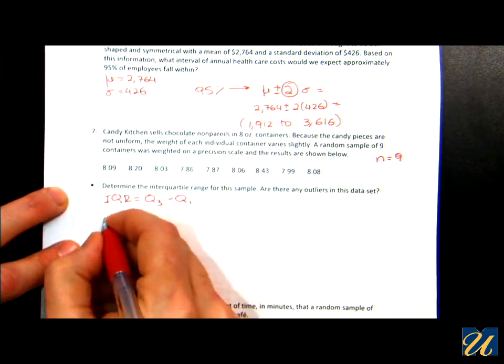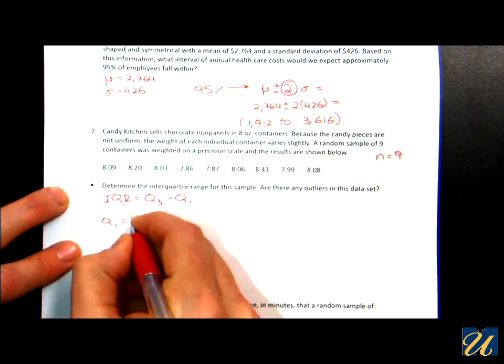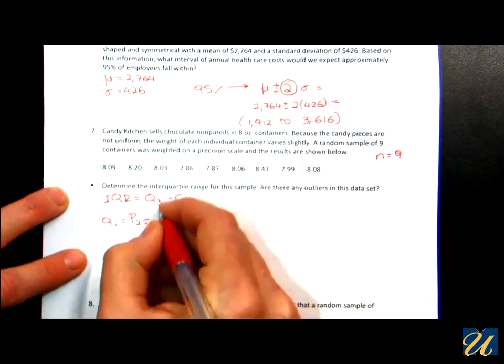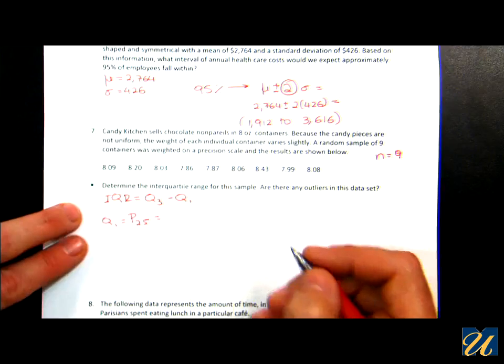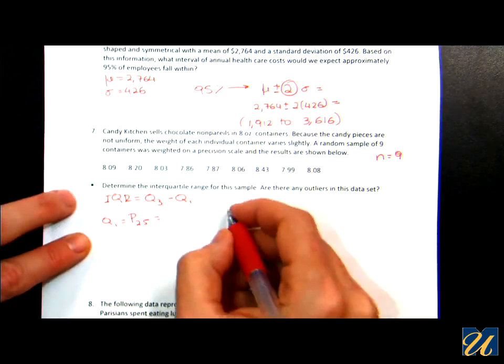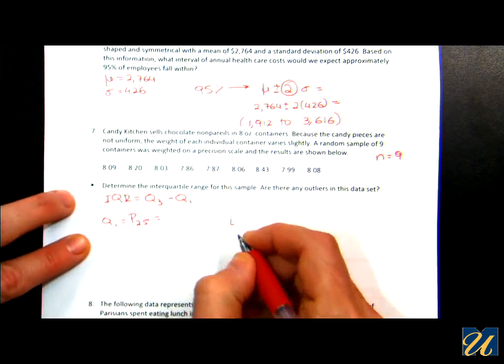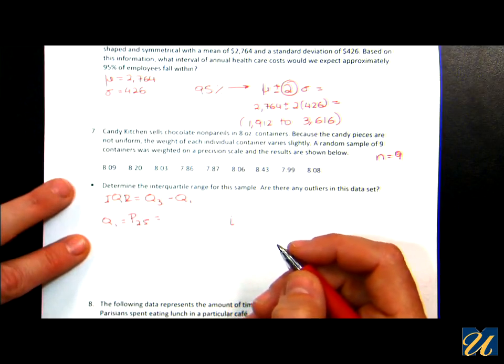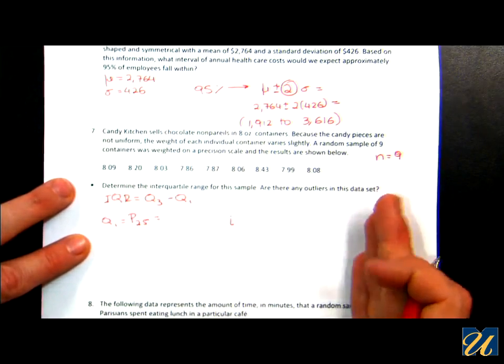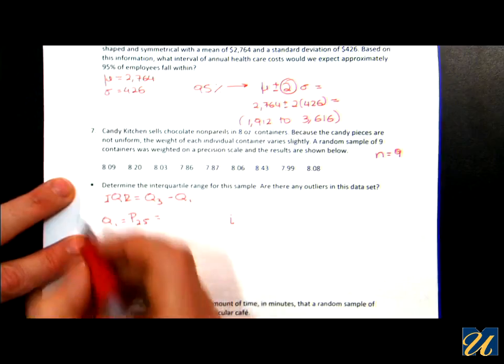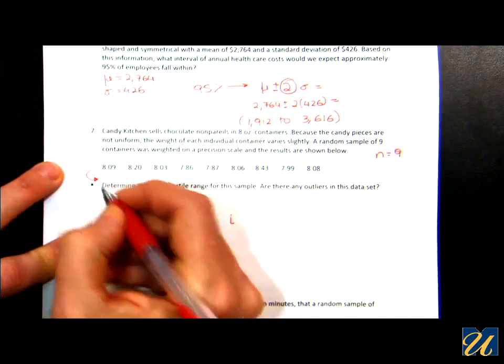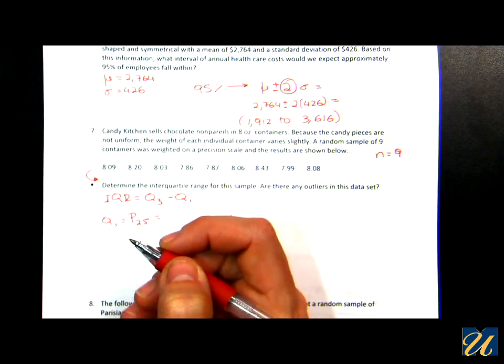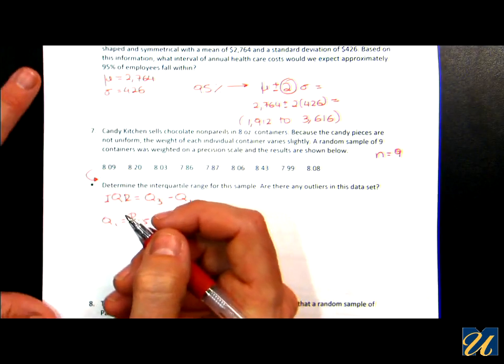We know that Q1 is equal to P25. To find P25, we need to find the 25th percentile. Before we do so, I have to first place the data in order. So always remember that the first step is to order the data set. So we have